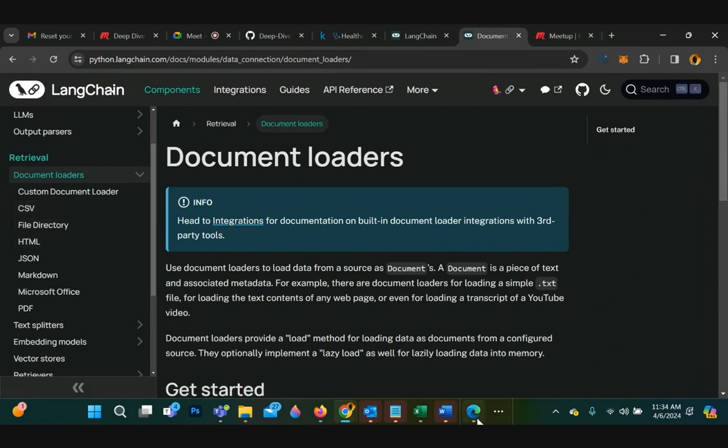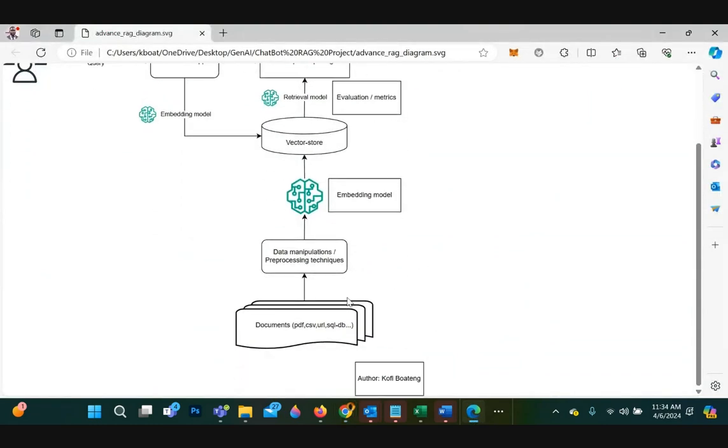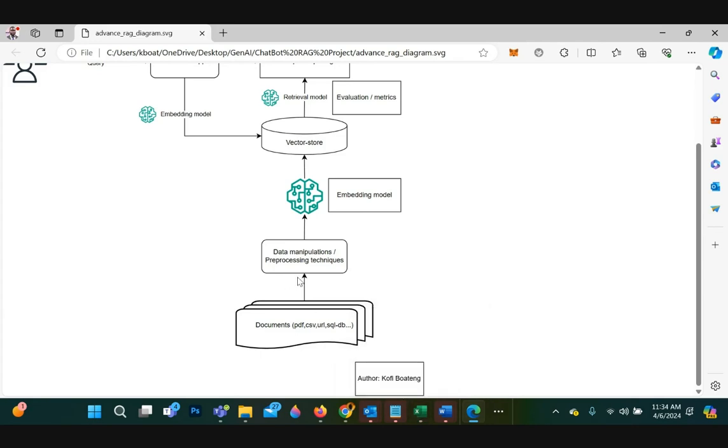create it. So when we looked at this, we said that during the data manipulation, this is where you can use LangChain to read the CSV file, our hospital file, and then it chunks it into, for each row, it creates a document for each row, basically.